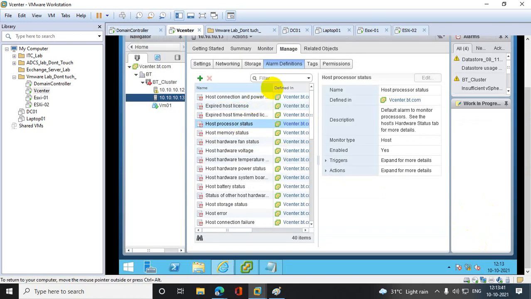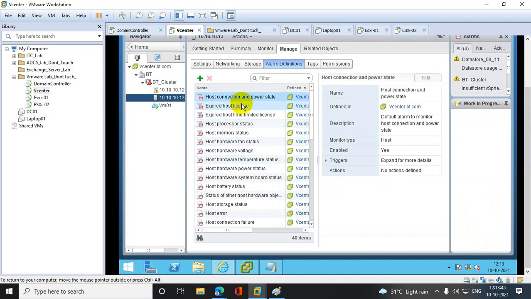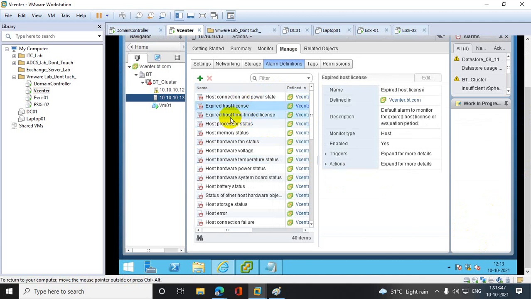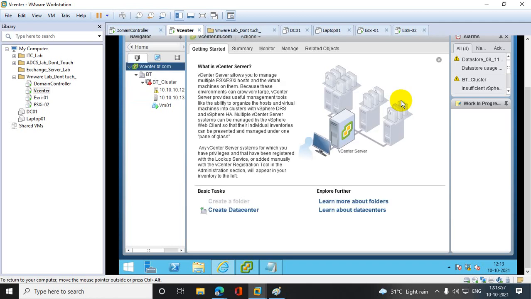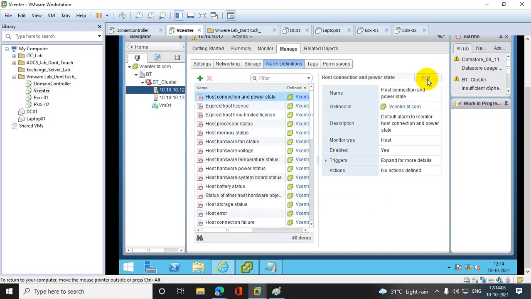So find out the exact error alert: host connection, power state, expired host license, host timeline, host processor status, memory status. Let's say memory status. So in memory status, this edit option is not working.